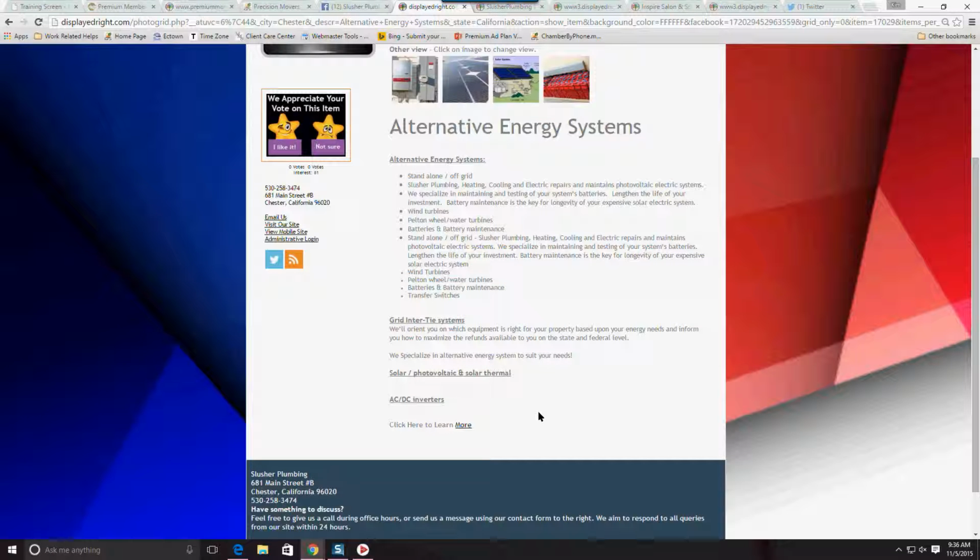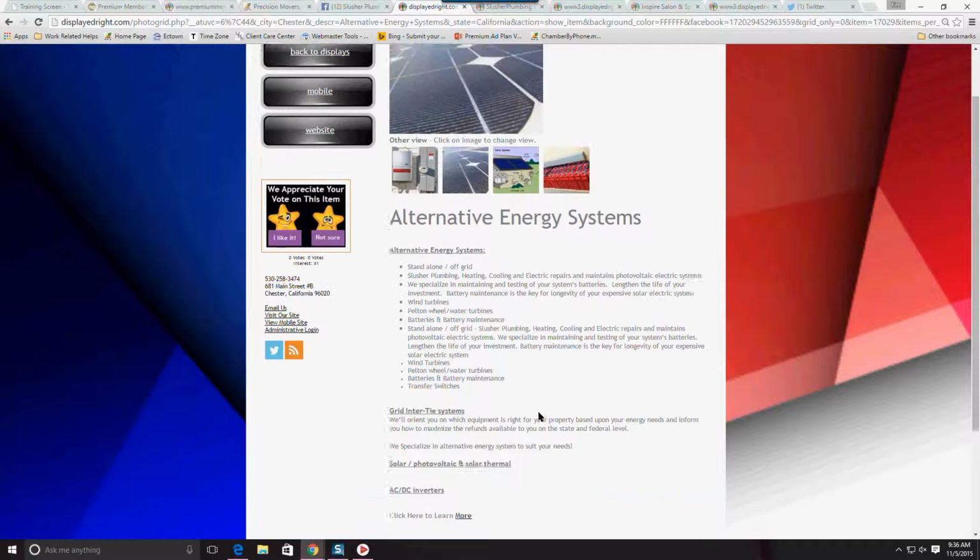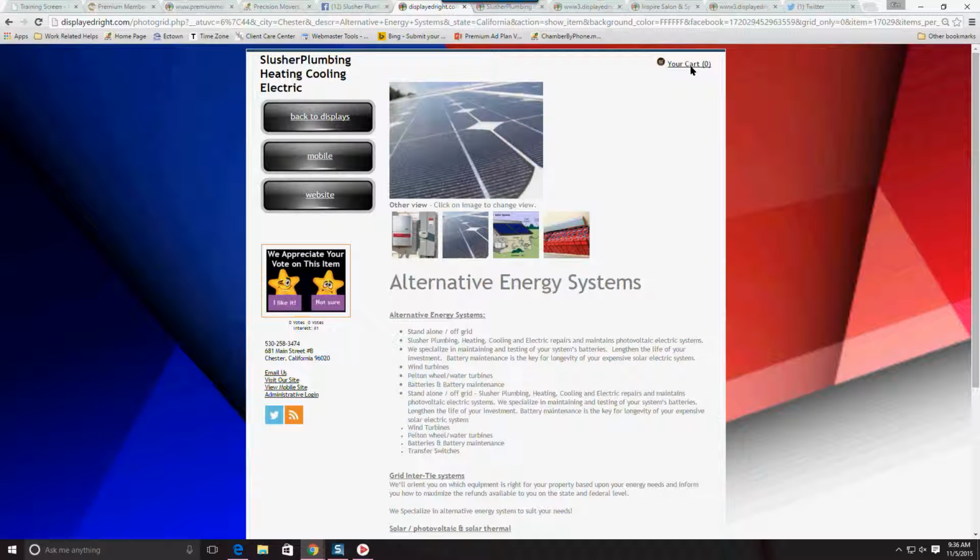A button will show up that says add to shopping cart, and they can shop straight from your Facebook page. On the top right, you'll notice that as they shop, the cart will grow, and when they're done shopping, they just click on their cart, and they are taken to your PayPal payment area, and they can make payment right there on PayPal.